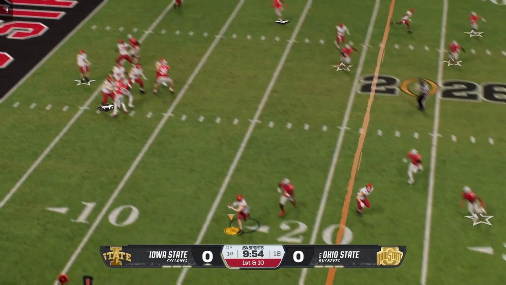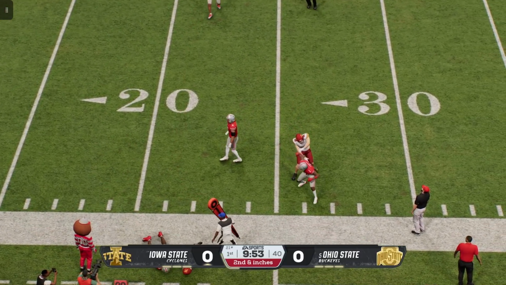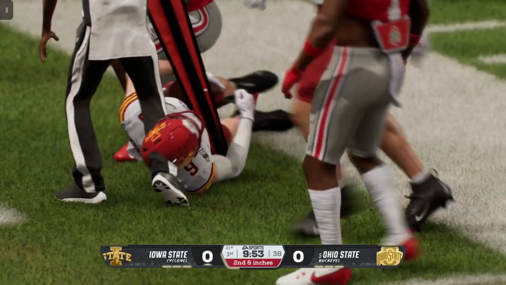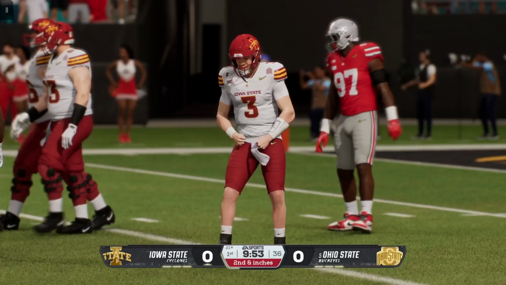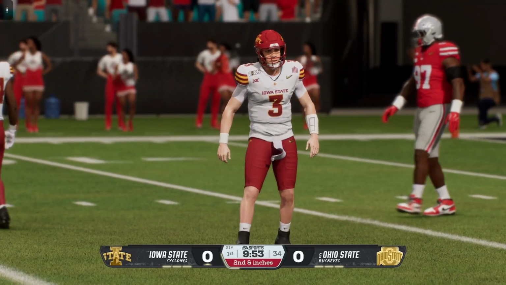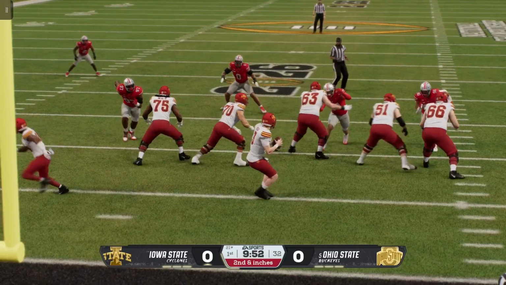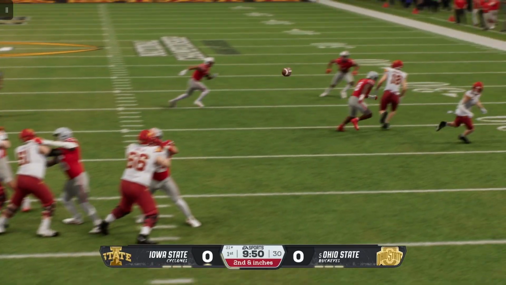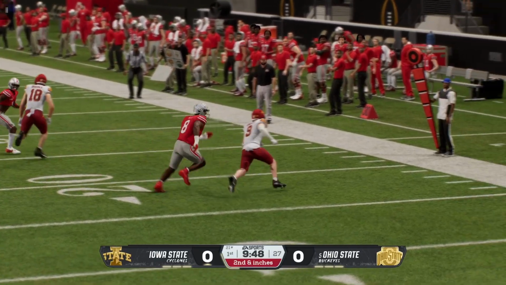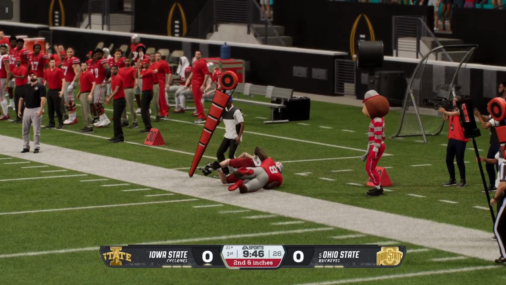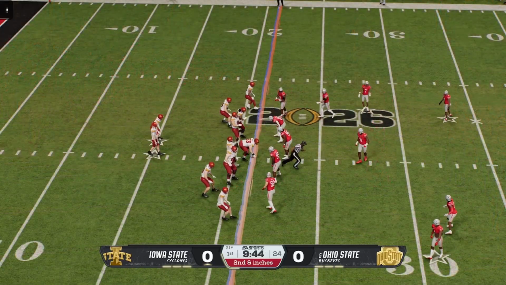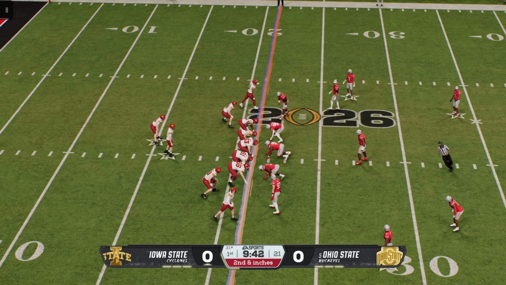To the air, it's Becht. Catch made on the out route. Heads out of bounds with a short gain on the play. Love to see the short passing game as a great go-to for any offensive coordinator in the first quarter because it's reliable and allows you to see how the defense is reacting. That can open up for other things later on. Come to the line for second down and very short now.